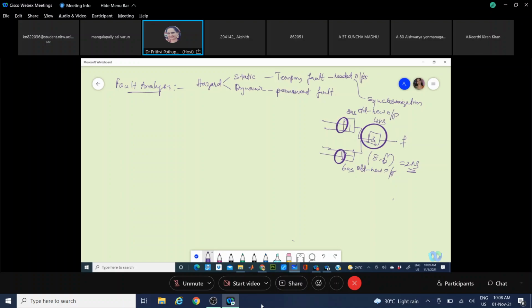This is the worst condition we are giving. All these 8, 6 and 4 are worst-case propagation delays. It may happen earlier also. And there is definitely a mismatch because of the difference shown here. If this one takes 4 nanoseconds, and in that time you get an old and new combination of outputs, there is a chance of getting a faulty response for that 2 nanoseconds. Then after 4 nanoseconds, it may settle to a wanted output because it gets synchronized after that time lapse. That is one aspect.